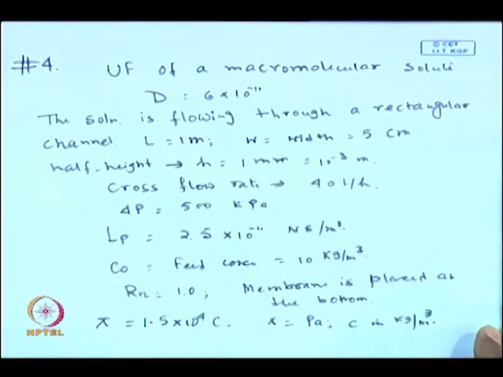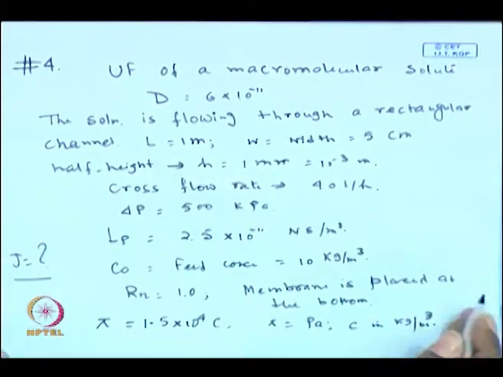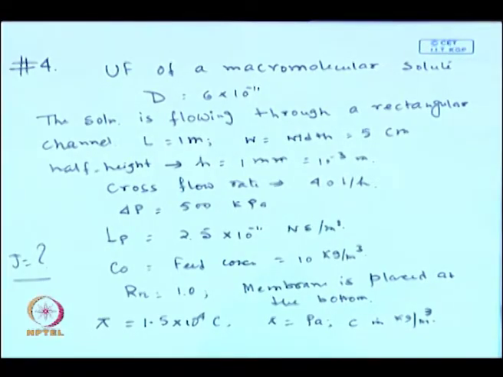We have to find out what is the permeate flux. So, basically our aim is to find the permeate flux of this process. This is a steady state process, but in this case we are not saying that constant boundary layer thickness or film theory will be applicable. We will be utilizing the method that we have derived for the developing mass transfer boundary layer or two dimensional analysis. But here we will not be solving any of the differential equations; we will be taking the Sherwood number relationship and the average Sherwood number relationship in terms of average permeate flux and the shortcut method that we have discussed earlier.